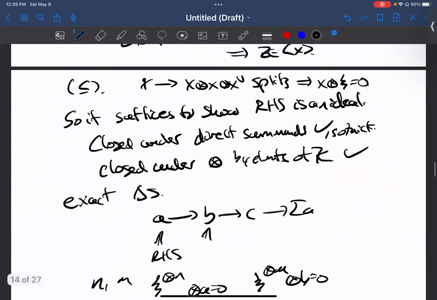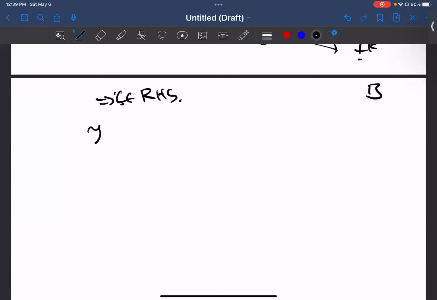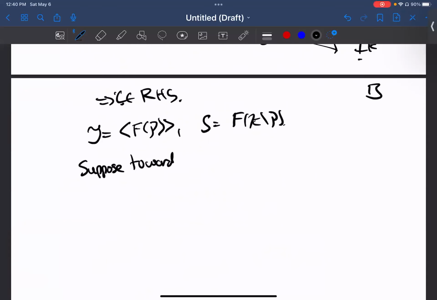All right, so let's go back to our setup from before. We can write down the definitions again so that we don't forget. J is the ideal generated by f of P. S is the image of K without P. And we want to show that these are disjoint. So suppose, towards a contradiction, that there is Z in K without P,